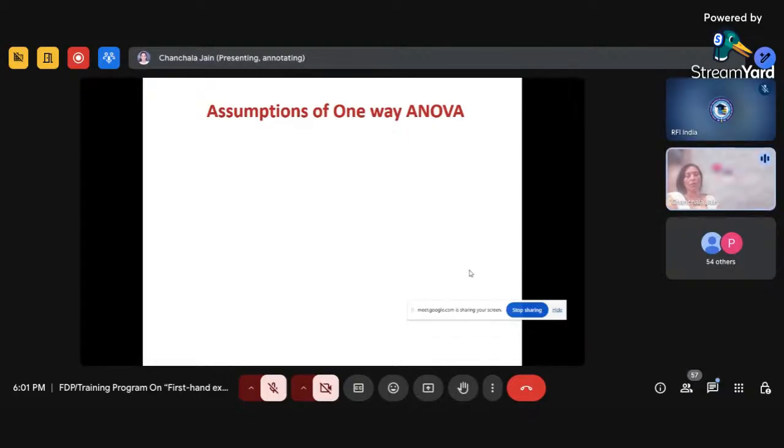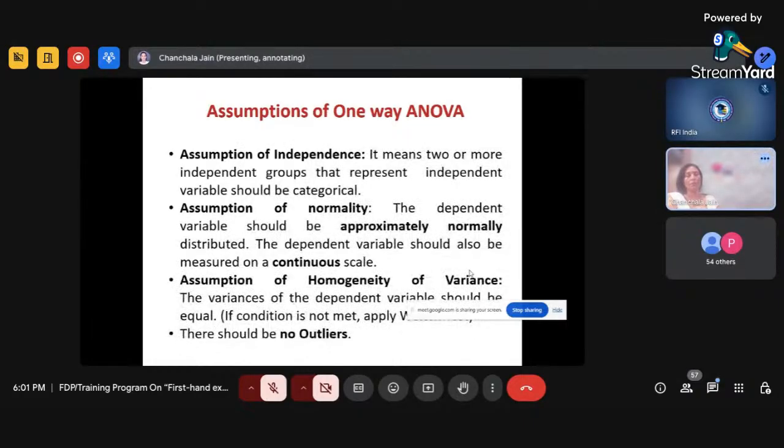Now it's the turn of assumptions. Number one is the assumption of independence, which means we need to be careful to collect data from one person only once. That way you can maintain assumption number one. Next is the assumption of normality, so your dependent variable should be normally distributed. Next is